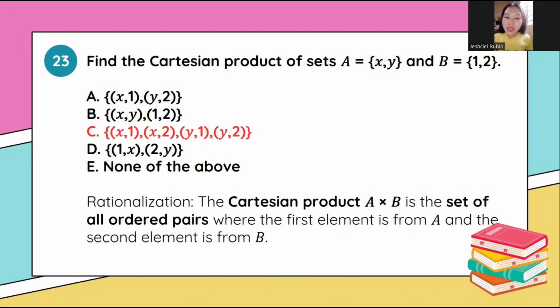Why? It's because when doing the Cartesian product, A times B is the set of all ordered pairs, where the first element is from A and the second element is from B. So next,